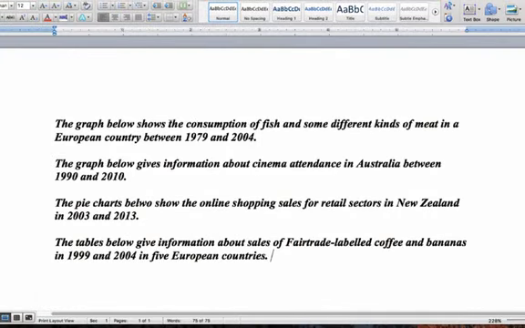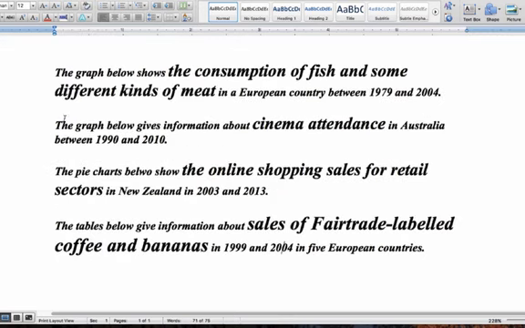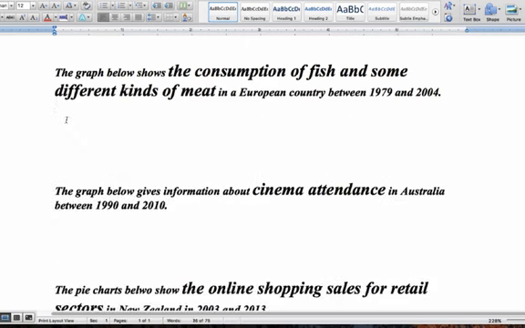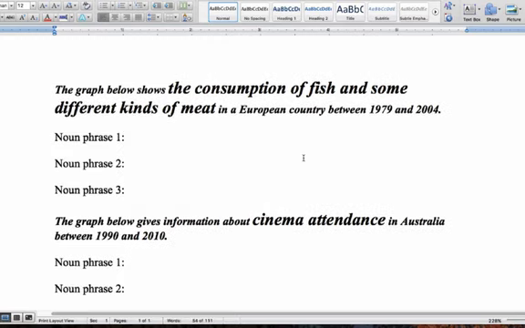So let me show you what I mean. I'm just going to highlight these noun phrases, make them bigger. And we're going to just look at each one individually. And what we're going to do is decide which noun phrase that is, and then make the 3 noun phrases that we're going to use in our essay. So let's take a look at this first one. What noun phrase is that? Is that noun phrase 1 or 2 or 3? Remember, noun phrase 1 is noun, noun. 2, noun, preposition, noun. And then 3 is the complicated one with the relative pronoun, the which.